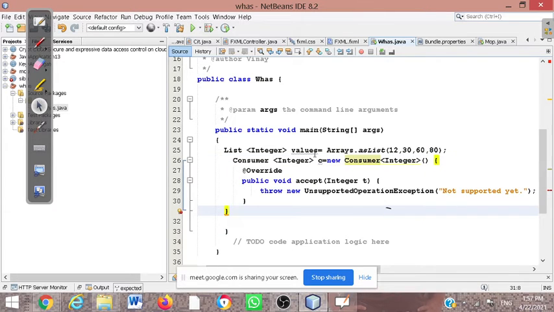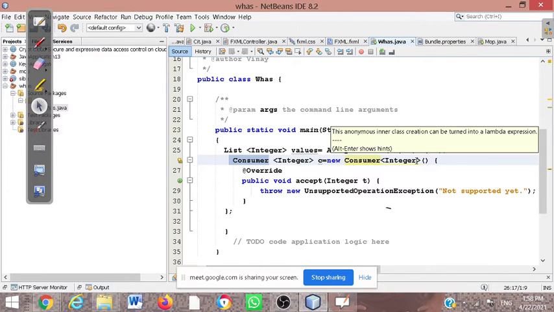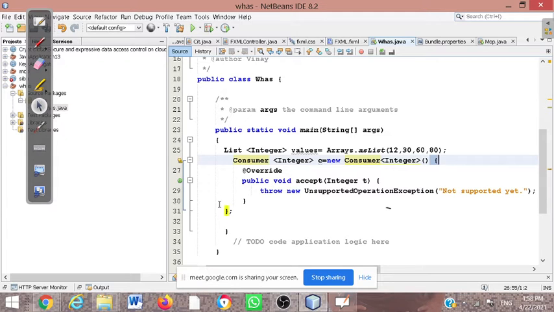Consumer interface, and finally you have to see this override method is coming automatically, that is the public void accept method. So here we are going to use a lambda expression, right? So finally I am going to take the Consumer interface and create an object with new, class name, generic concept, constructor, open and closing, and this is the lambda expression. Through that we can use the object that is the reference of this interface, and the override method is already predefined and implemented in this class, right?